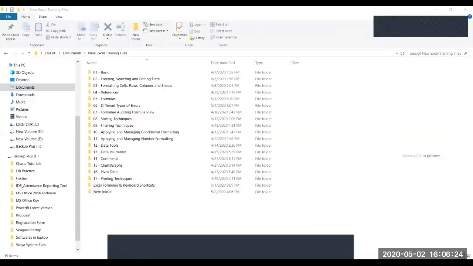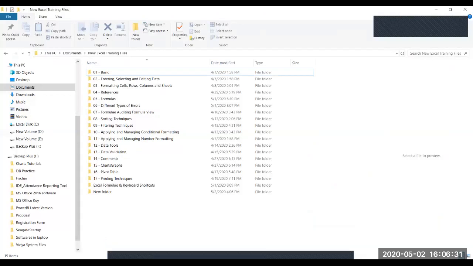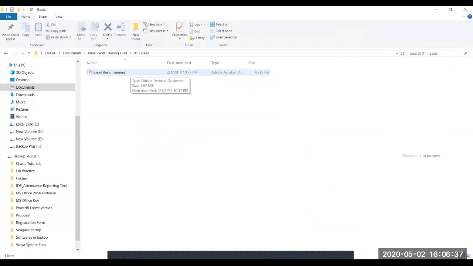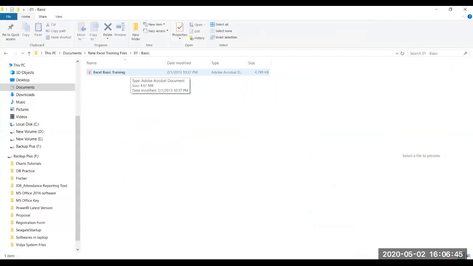You can see here, these are some of the topics that we'll cover. I'll take you through all the topics in our Excel course. We'll cover the basic part, which includes the entire screen layout of Excel, and the difference between different versions. Currently we are using the Office 365 version.